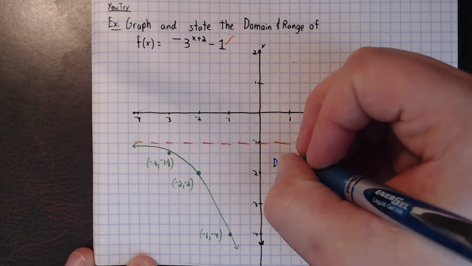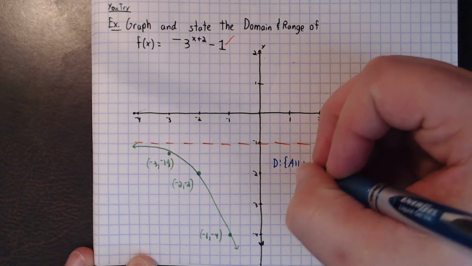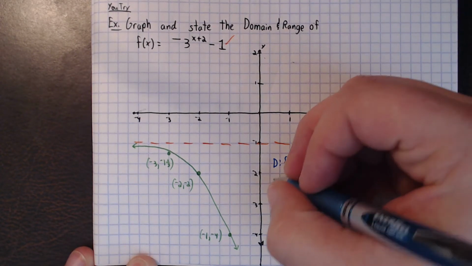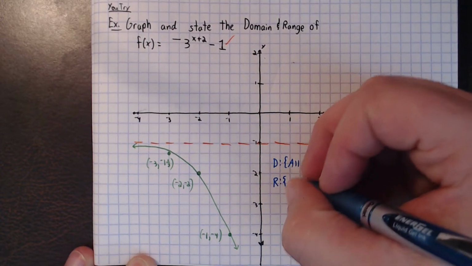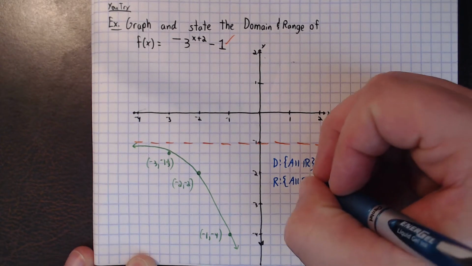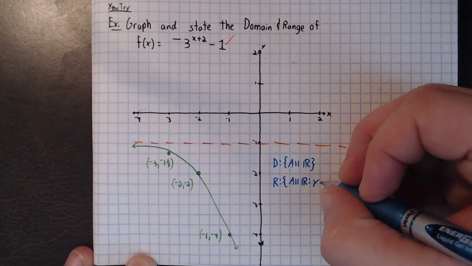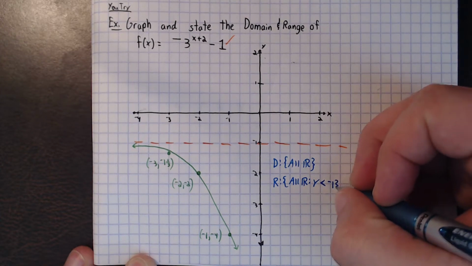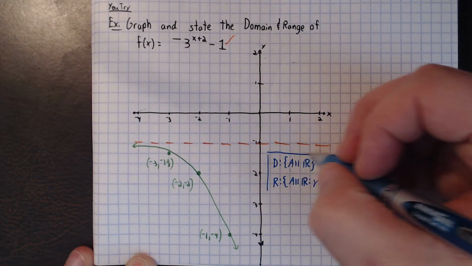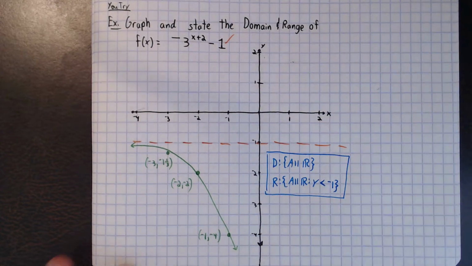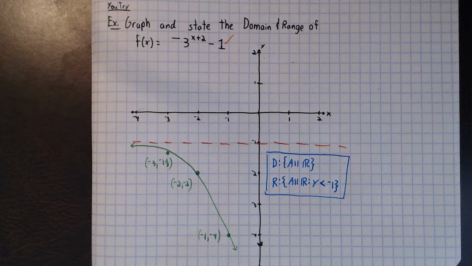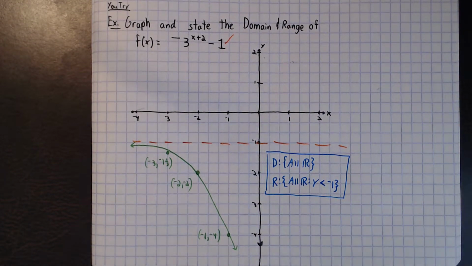Domain, that's all real numbers. Range, it's going to be all real as long as y is less than -1. So graphing exponential growth, not too bad. We have a little bit more to discuss,